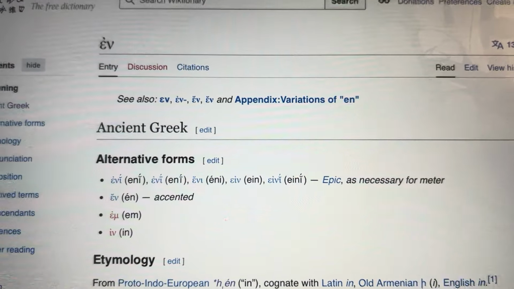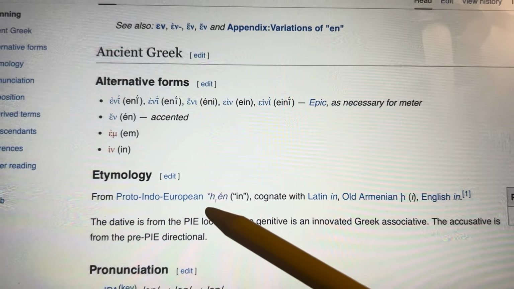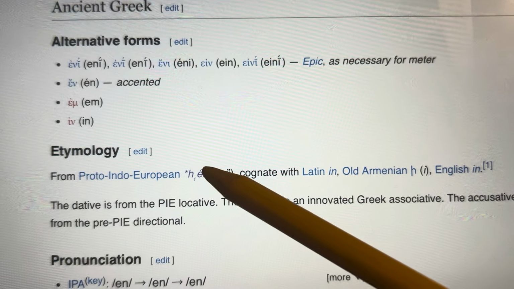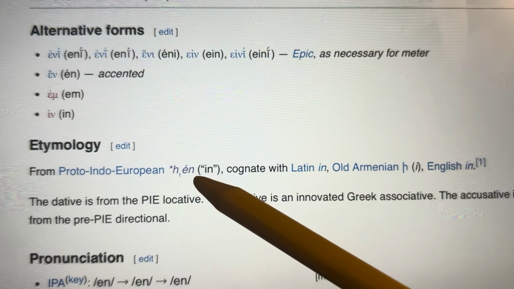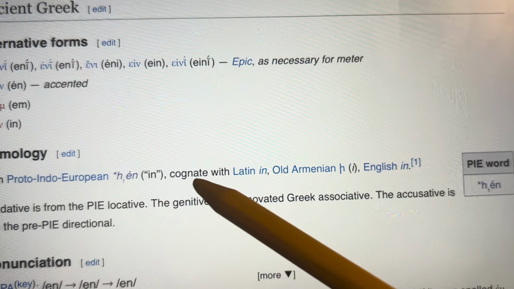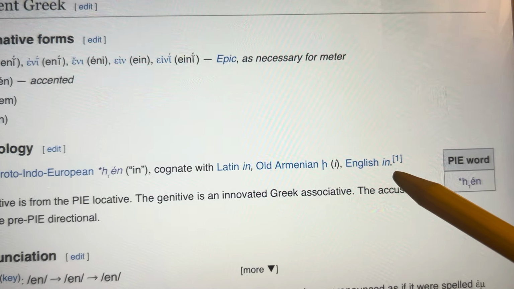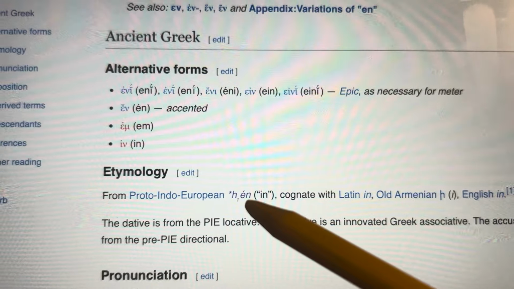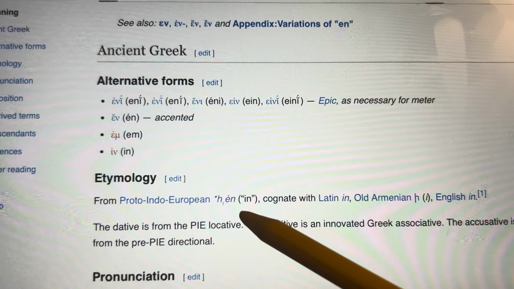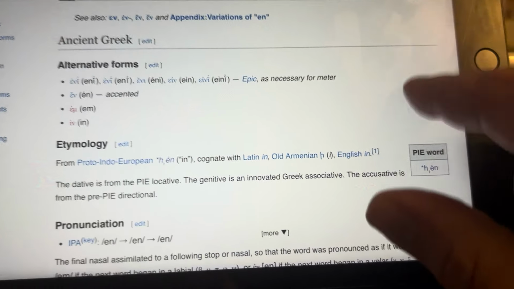So again, a two-letter word has been traced back through PIE, or Proto-Indo-European, to the asterisk H1 E N, which hypothetically, reconstructedly means in, which is cognate with the attested words Latin in, Old Armenian i, and English in. So instead of believing this nonsense about Proto-Indo-European, which is a fictional civilization,